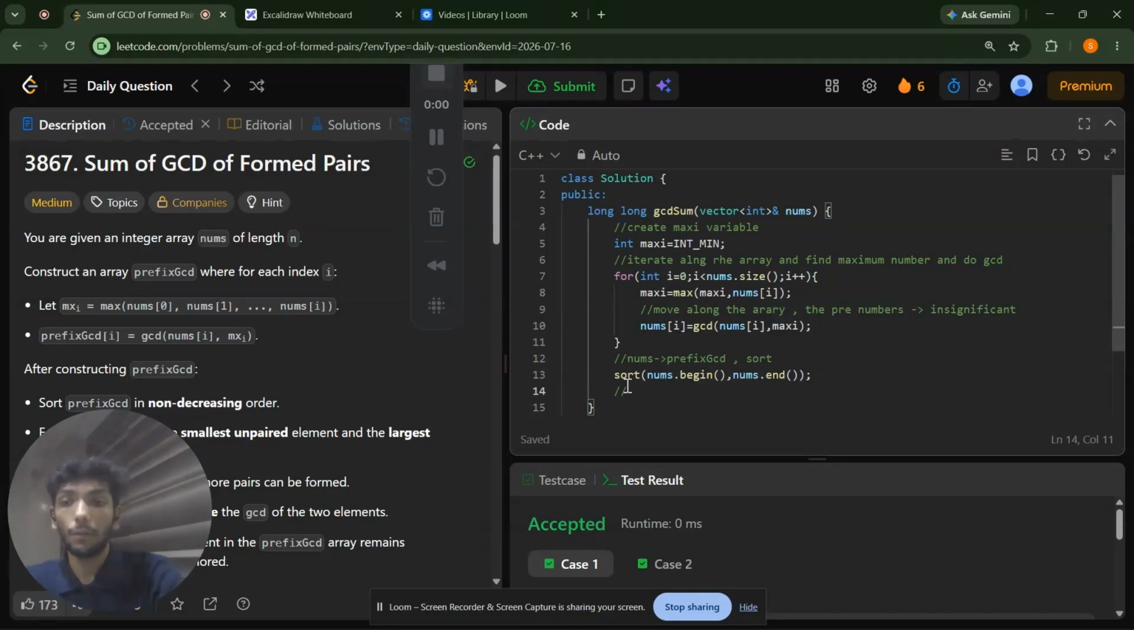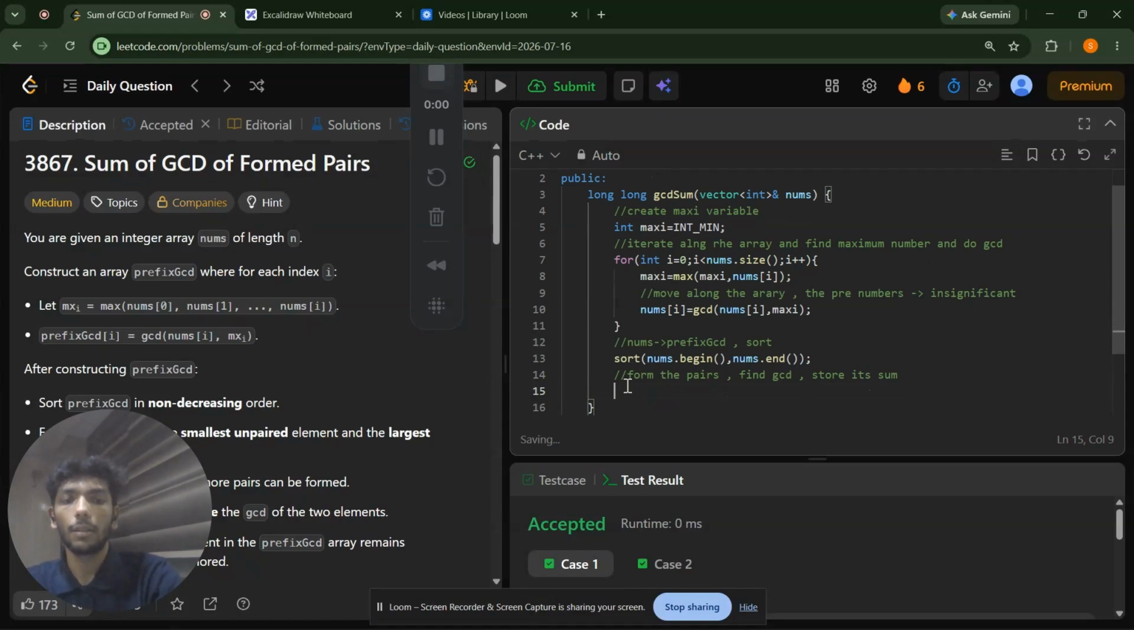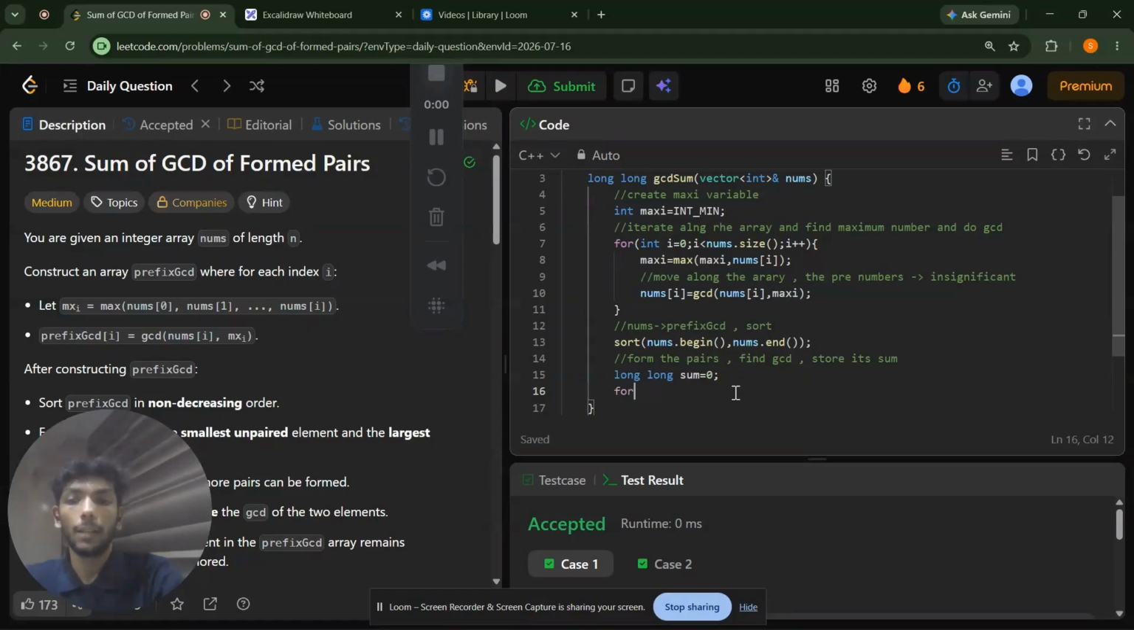Now what we will do is we will once again form the pairs, find GCD and store its sum. So for that we will need an answer sum. Here the return type is long, so our sum should also be long, for precautionary purposes. Okay, it will work. But now since we want the smallest with the largest,